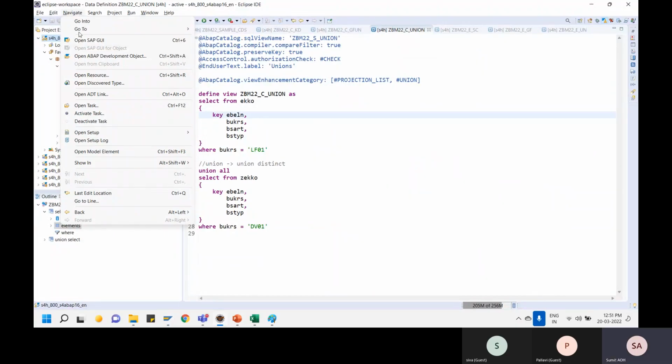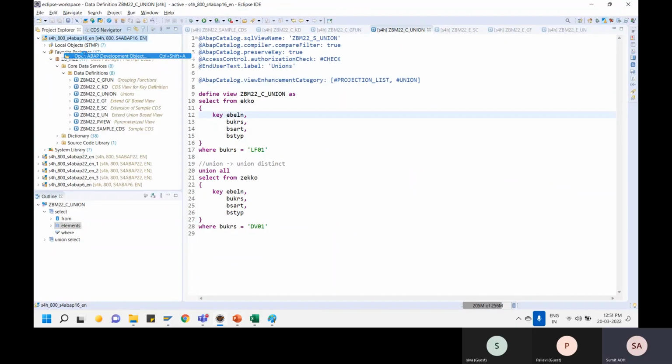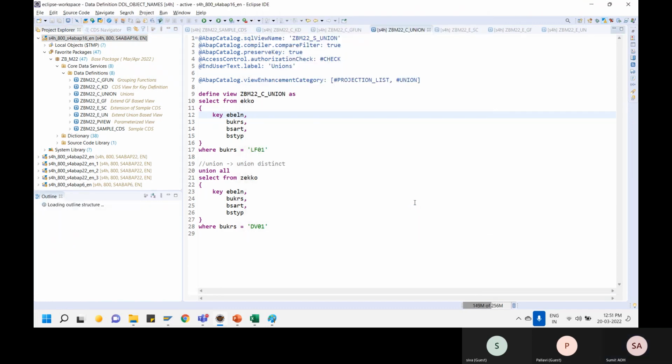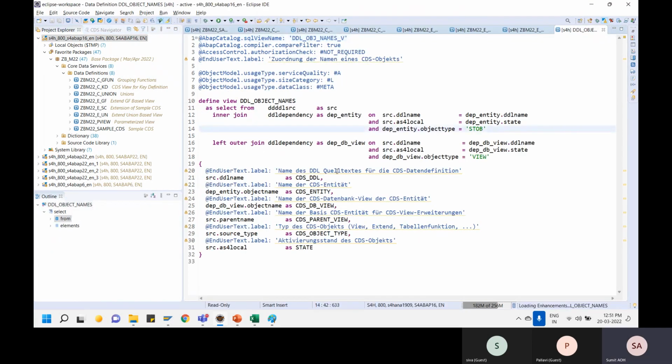If I open that ABAP development object saying navigate, open ABAP development object, pass any sort of name over here, you would get multiple options. Open the data definition, say OK. You would find the standard view over here. As I mentioned,